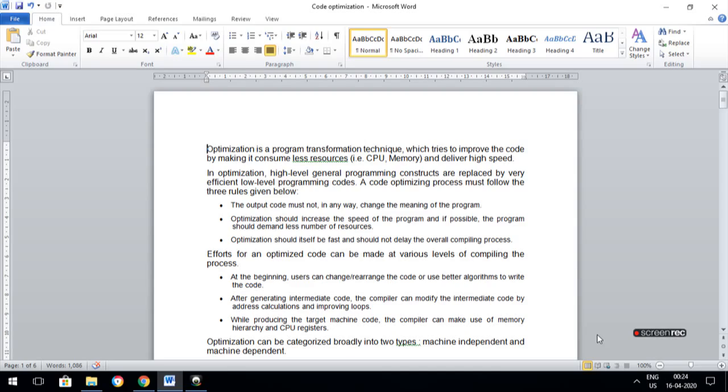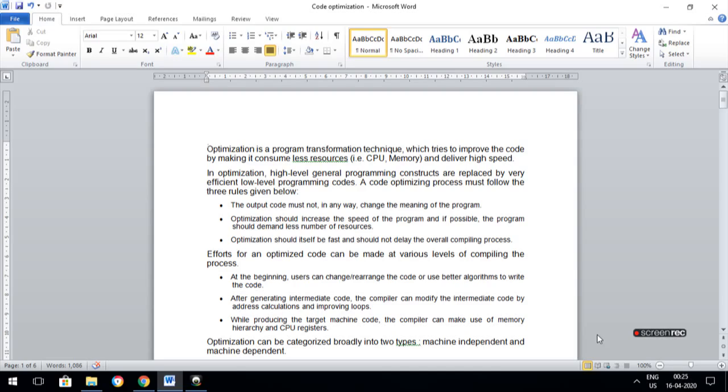Then optimization must increase the speed of the program, due to the limited number of resources. Resources can be memory or CPU. So with optimization, the execution speed should be increased. Optimization should not only increase the speed, it should also not affect the overall compilation process.